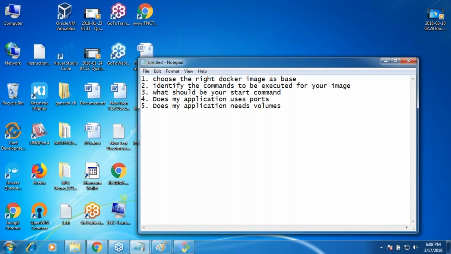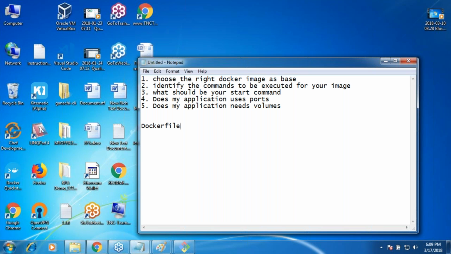Okay, so these 5 things we will represent in a file which I am going to call a Dockerfile. I will not even get into syntax, but I will show you some examples, then you will be able to make it out. See these 5 questions correctly. What is going to be my base image? What are the different things which I need to do on top of this base image to make my application? Does my application use some ports? Does my application use some volumes? And one last thing over here is, does it require some environment variables? That is the least activity. I didn't want to make that point, but it's okay, fine.